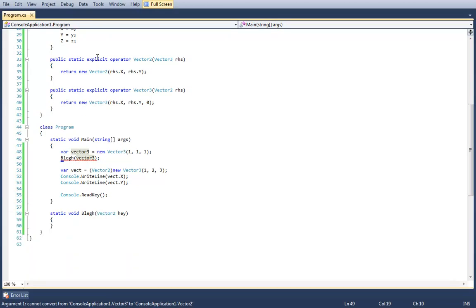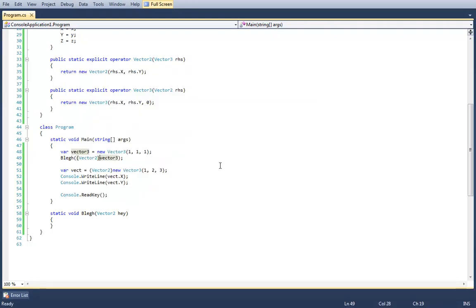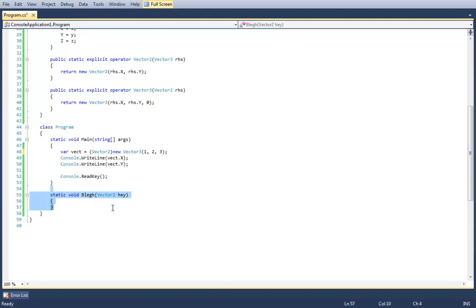So we don't have implicit operators, but what we could do is we could say, I want to explicitly convert this vector3 to a vector2, and we get the appropriate result. So explicit conversion operators allow you to use a cast operation to go from one type to another.